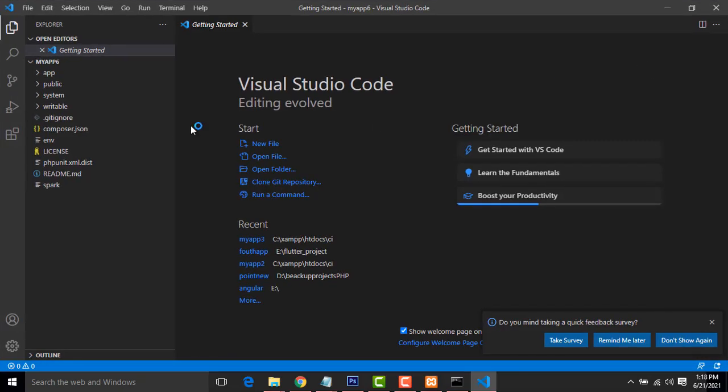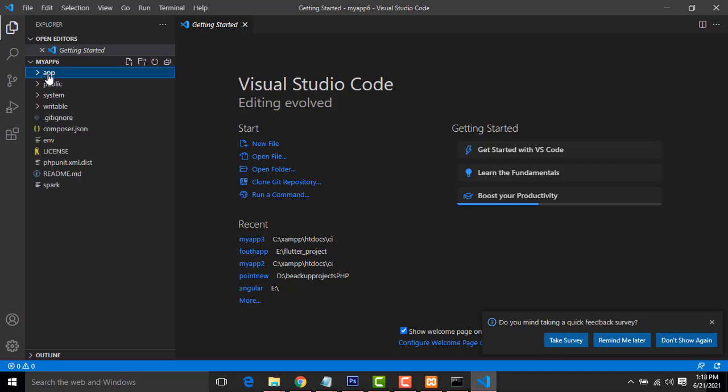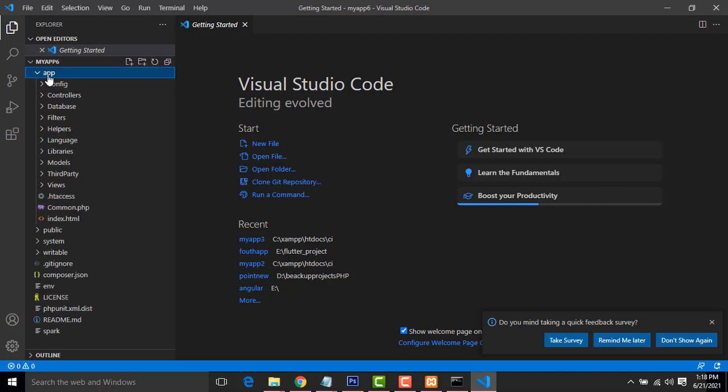If you look at this, this is the file structure. I am going to explain the first one, app. Okay, what does app mean? This is the main folder of coordinator. Coordinator is a framework, a PHP framework. Framework means MVC.